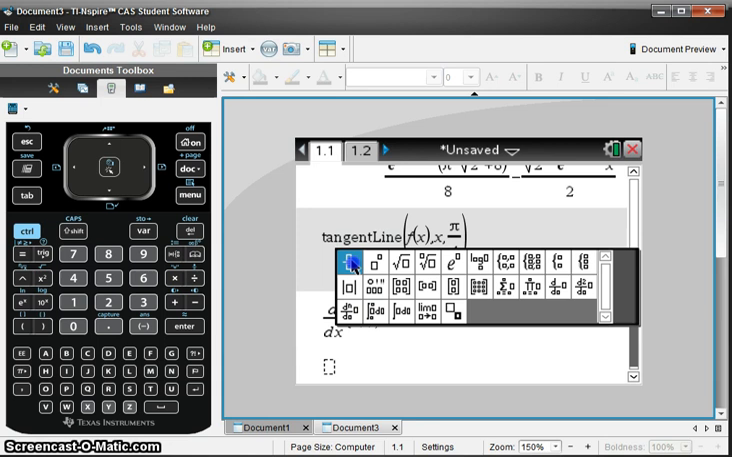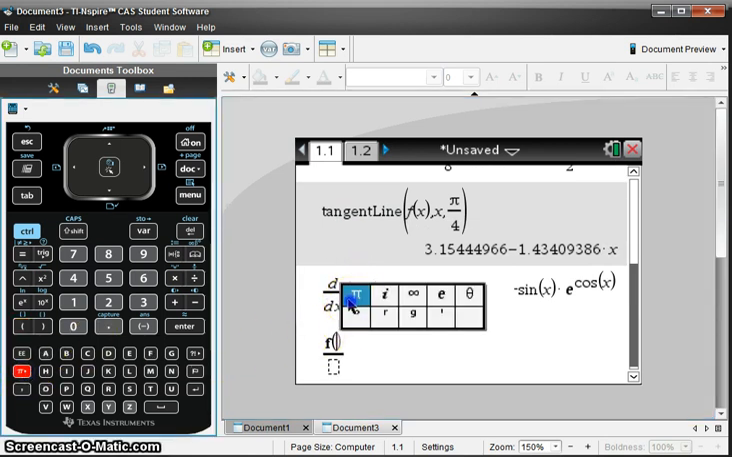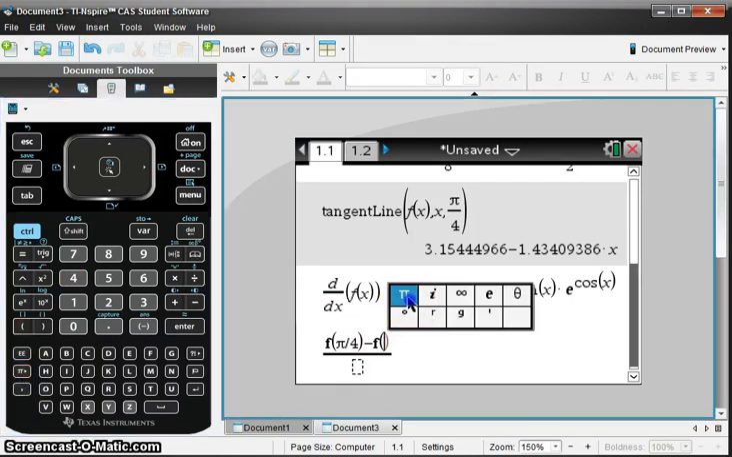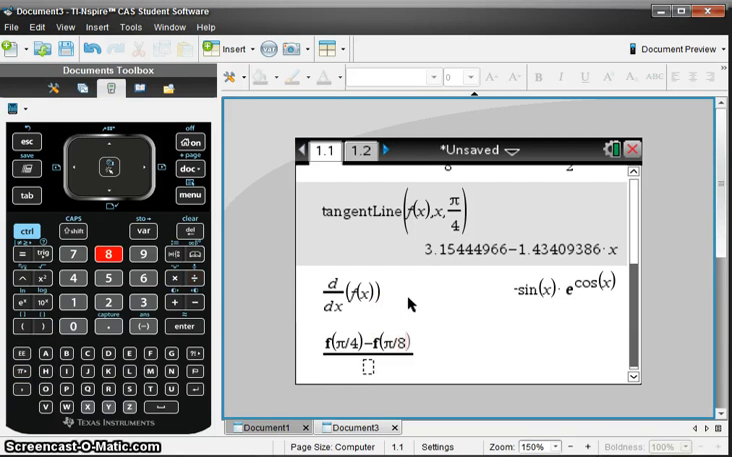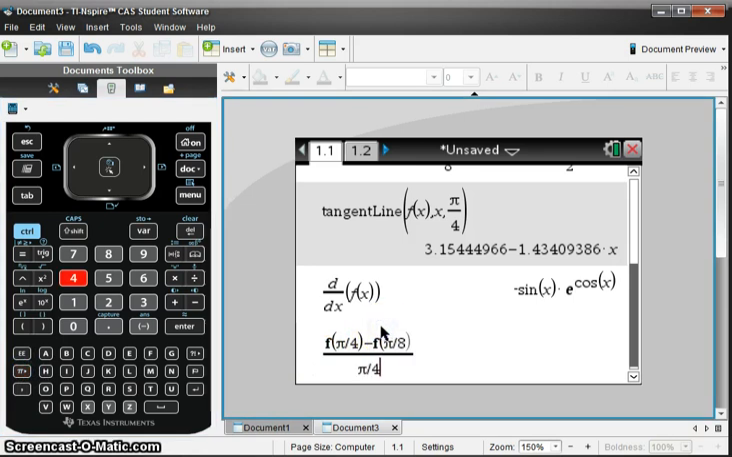Go up to here, type in f of pi on 4, f of pi on 8, and down the bottom this will be pi on 4 minus pi on 8. Now I could just copy this as pi on 8, place it straight into there, but I'm going to copy the whole thing. I can't. Okay, so we'll go into here, just retype it, pi on 4